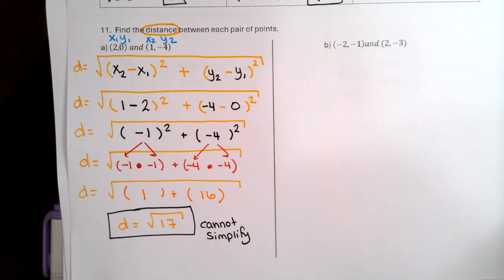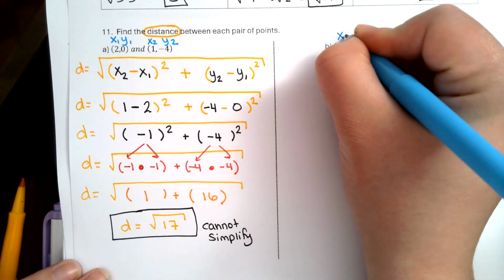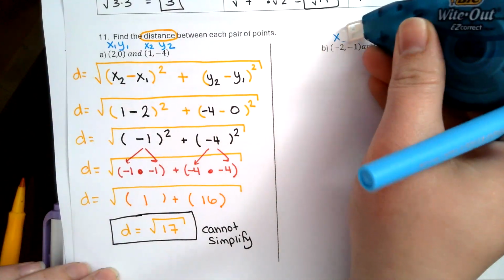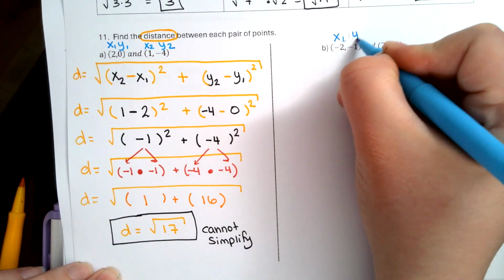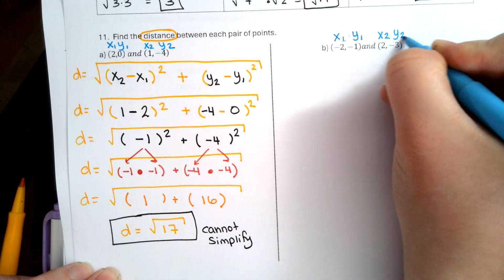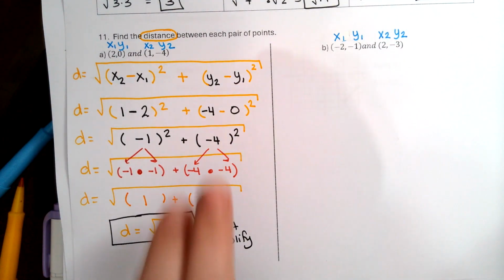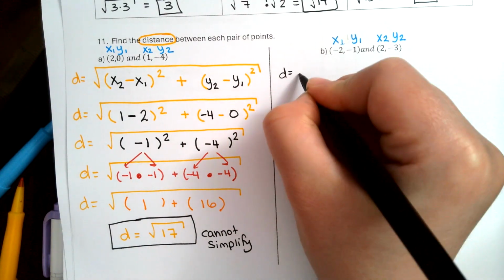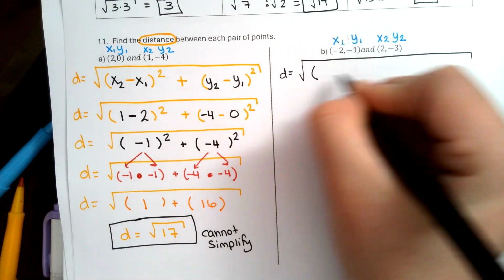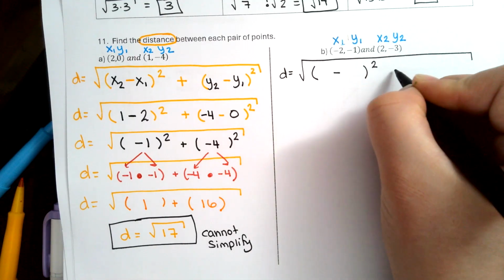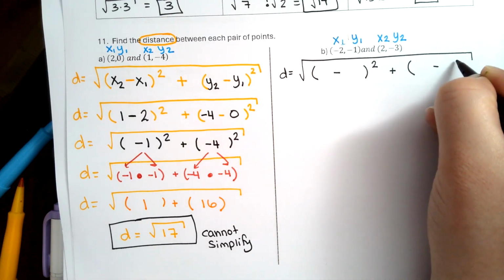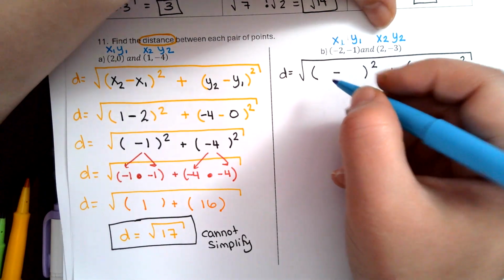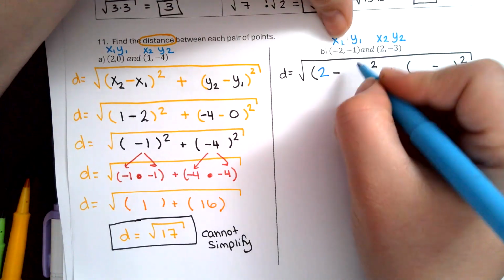Let's do the same thing here. Let's start with labeling our points. X2, just kidding, that's wrong. X1, let's start from X1. X1, Y1, X2, Y2. I'm not going to write out the formula. I have the formula here. I'm just going to start inputting values. Little d is equal to big square root x2 minus x1 quantity squared plus y2 minus y1 quantity squared. So x2, where's x2? x2 is here, minus x1,